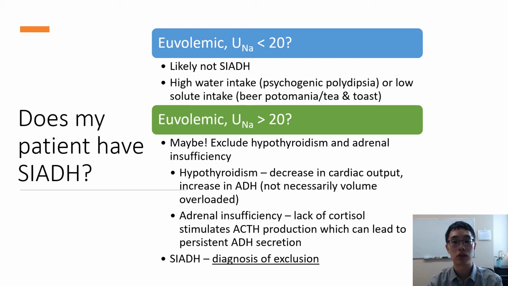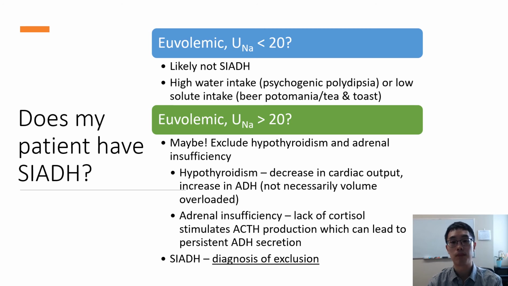If the patient does have urine sodium levels greater than 20, this may be consistent with SIADH. But again, you want to rule out other causes of hyponatremia that look similar, which includes hypothyroidism and adrenal insufficiency. Hypothyroidism typically causes a decrease in cardiac output and an increase in ADH, but without volume overload. For adrenal insufficiency, the lack of cortisol stimulates ACTH production, which can also lead to persistent ADH secretion in the